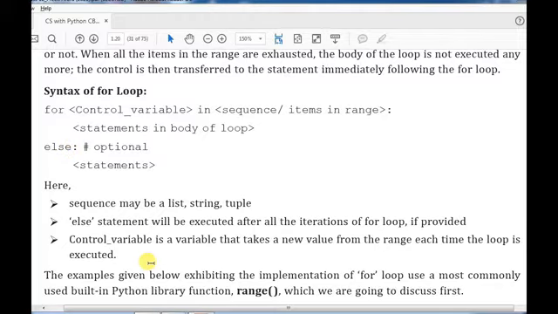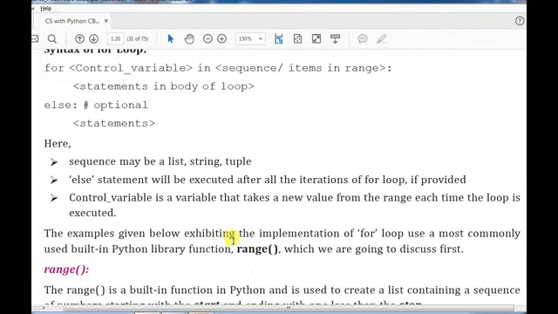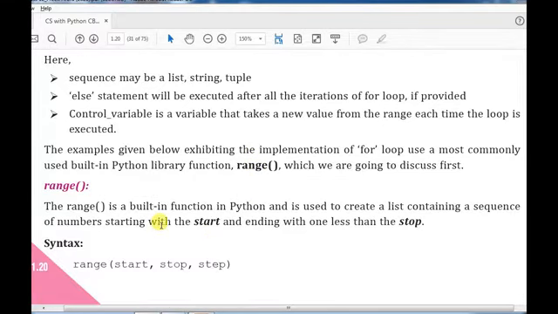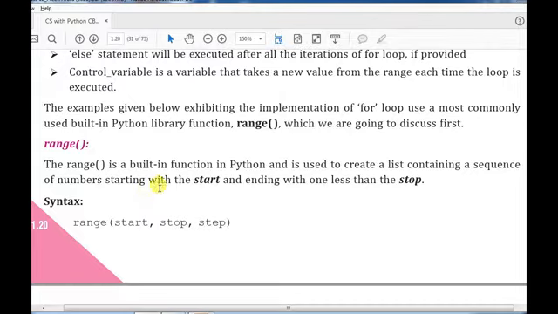Before going to the loop statement, we have to work on the range function. What is the use of the range function? The range function is a built-in function in Python and is used to create a list containing a sequence of numbers starting with the start and ending with one less than the stop.